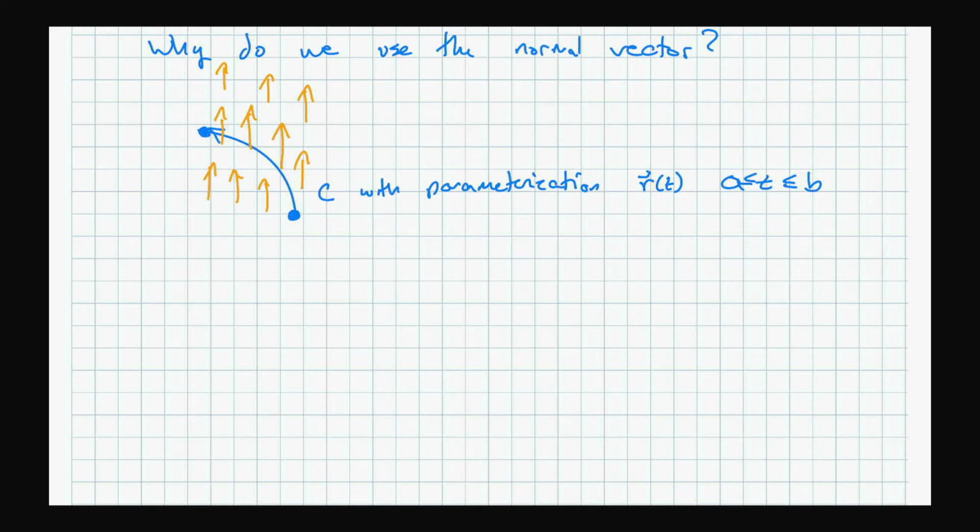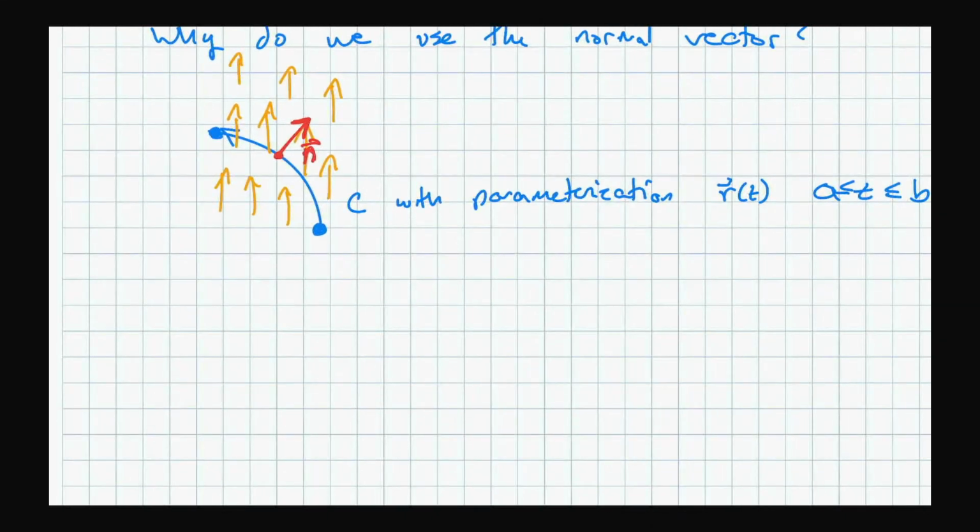If I draw this normal here, I should just draw it straight, easier to read. So if that red is the unit normal, pointing straight out from that curve, the idea is